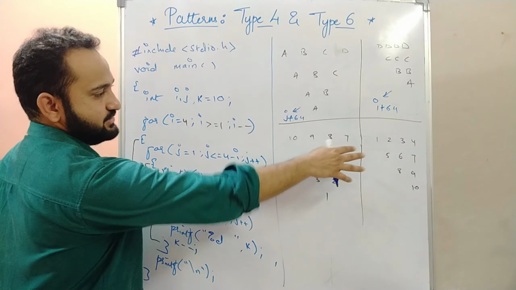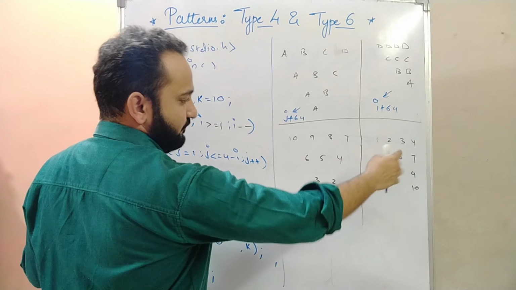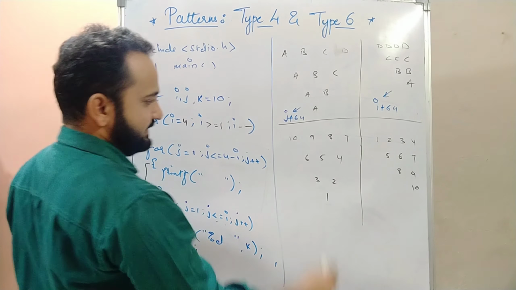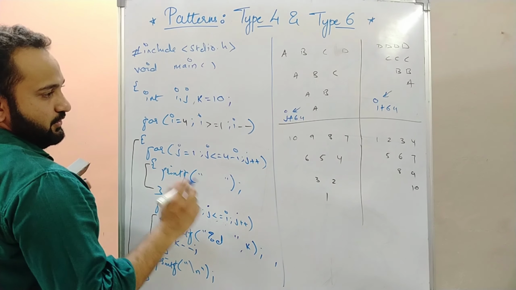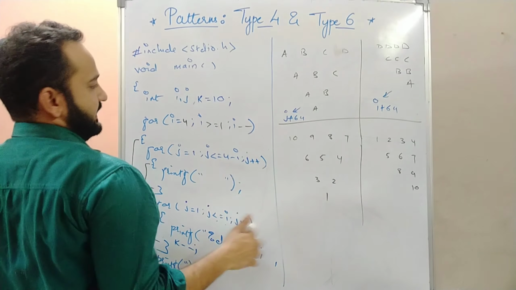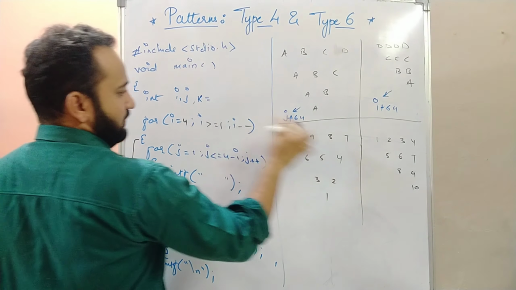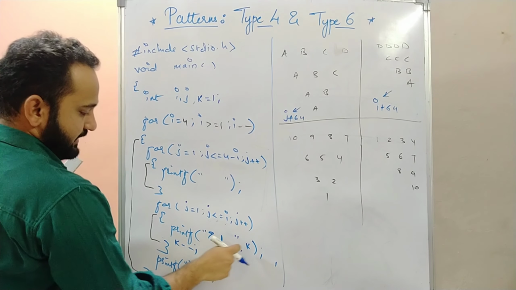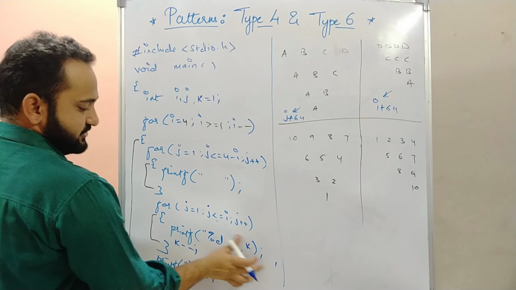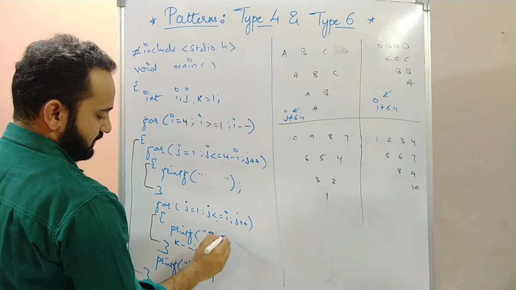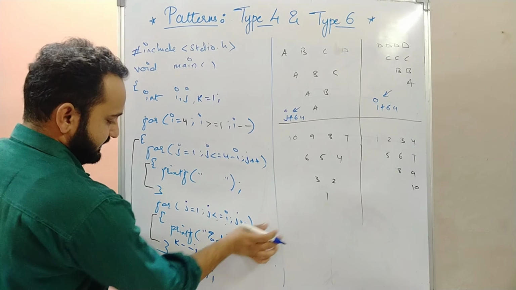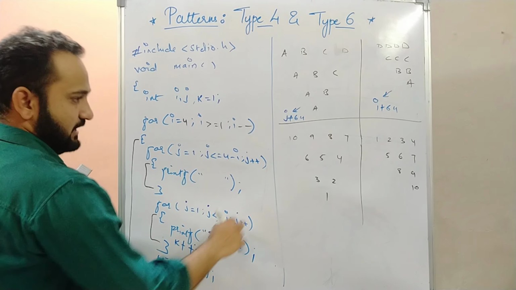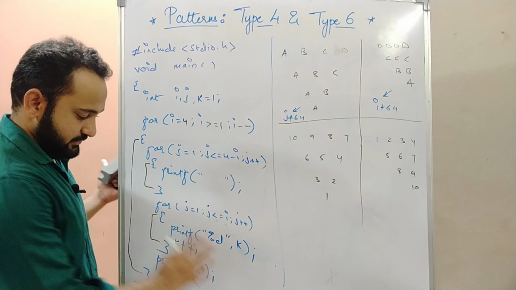Now moving on to the last type. It's 1 2 3 4 5 6 7 8 9 10. The first thing is, it's not a pyramid, it's type 4. So we have to start again with k, right? We're starting from 1, so k equals 1. We have to initialize it, and percentage d, should we leave any space? No space. We simply print the value of k, and after printing the value of k, you have to increment the value of k by 1. I hope you got this.